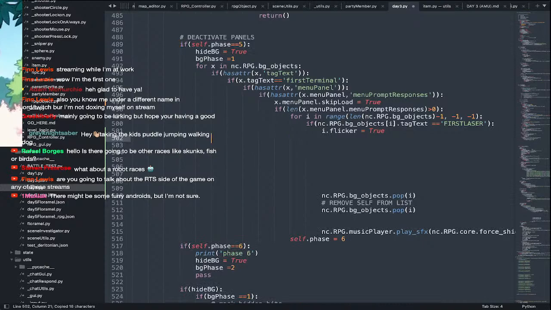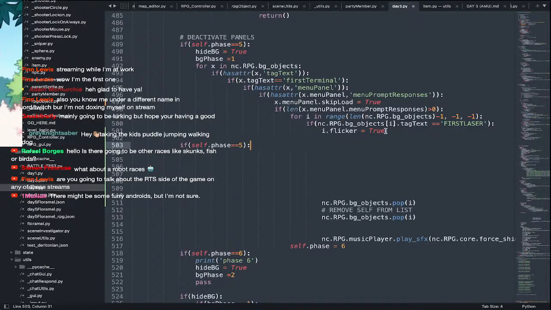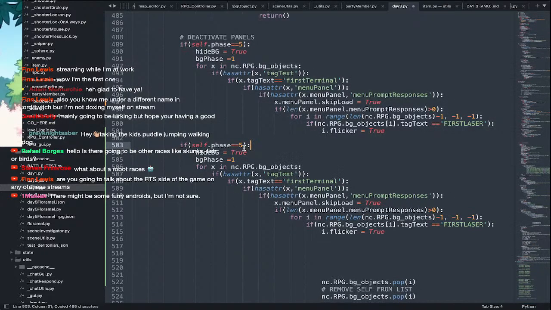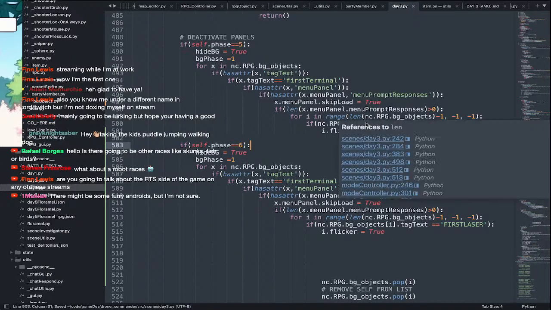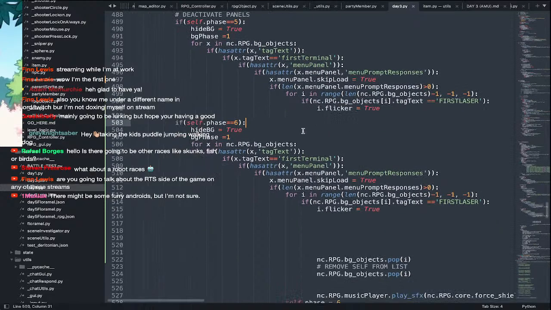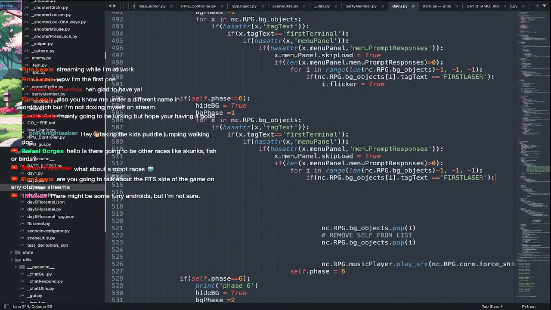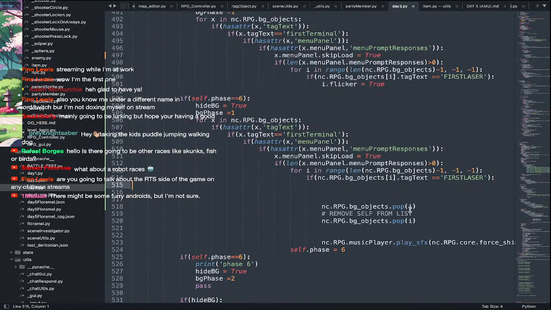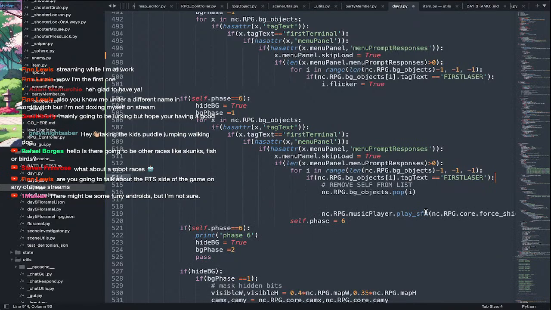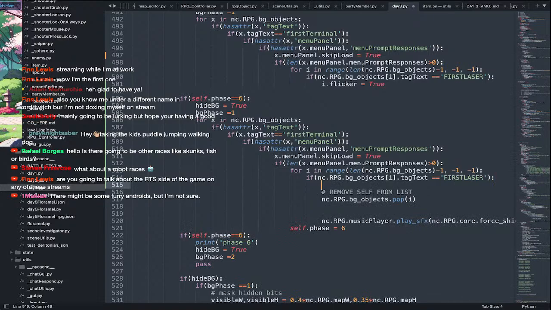That's really messy. Look at the number of if statements there, that's really crazy. So I'll set them all to true. If the first laser, I'll flicker. And then here I'm not flickering, I'm just going to say pop the objects from the list to get rid of them. If flicker is complete though, if I dot flicker complete,